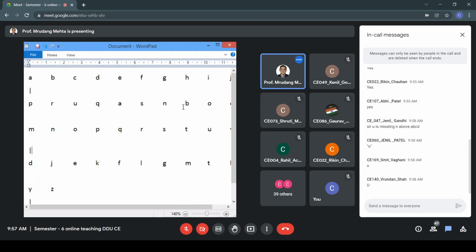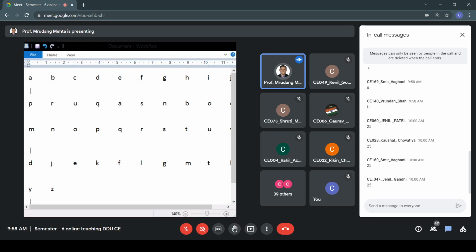So how many possibilities are there for character A? A can be mapped with 26.